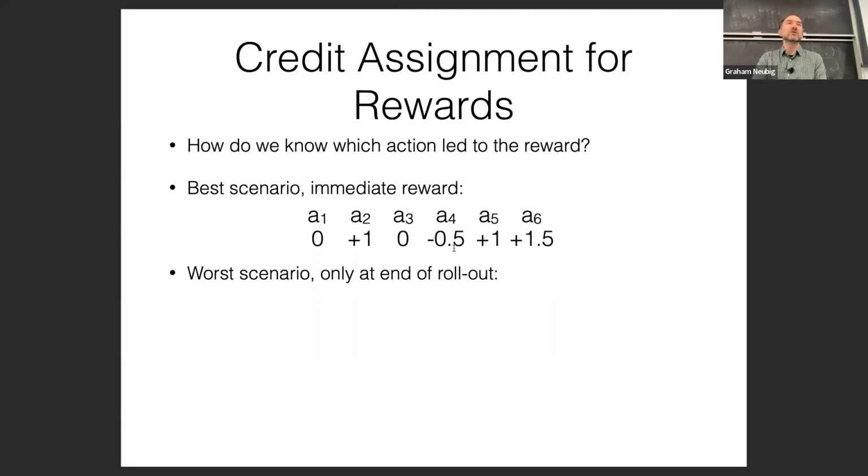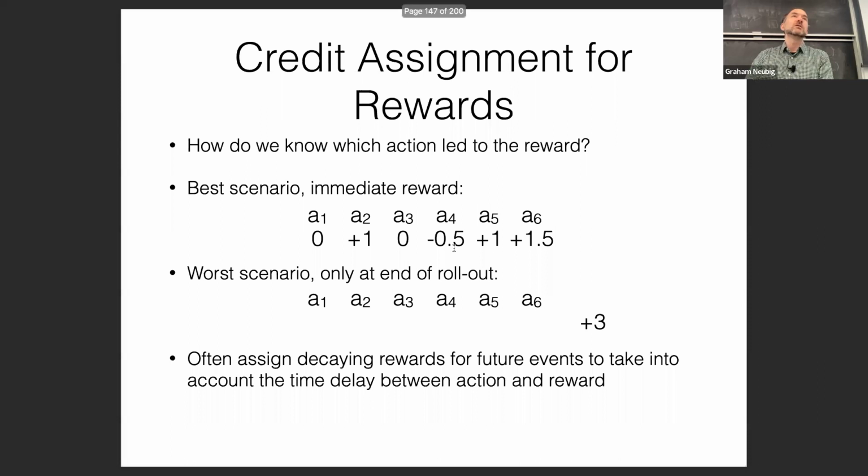The worst scenario is that this only happens at the end of the whole sequence. If this is the case, it becomes very difficult to guess which of the actions were good actions and which of the actions were bad actions. It's very common to assign decaying rewards for future events to take into account the time delay between the action and the reward. So just to do an analogy with our life,